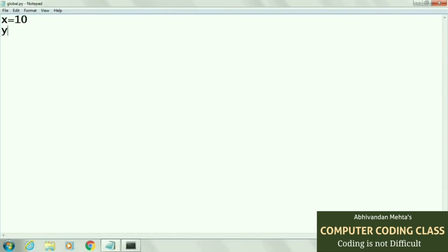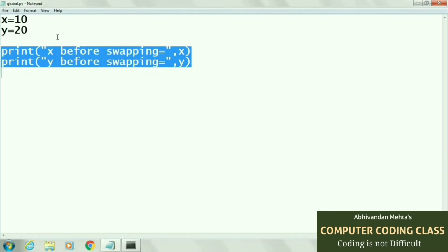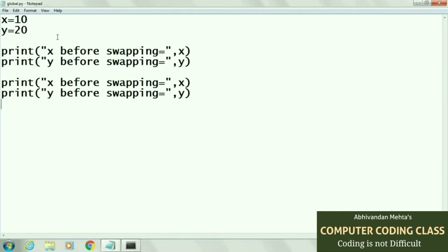Now we will check what will happen if we pass a value in a Python function. In other languages, if we pass a value inside a function, then it just send the copy of original value. So if we make any changes in that copy, that will not reflect on original value. But if we pass call by reference method, then it just send the reference of original value, and if we make any changes in that reference, that will directly reflect on original value.